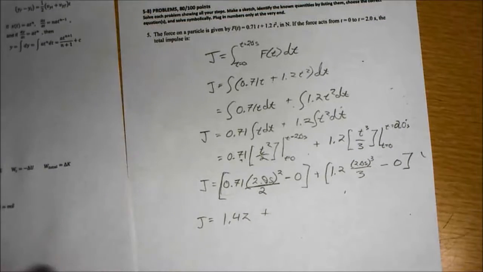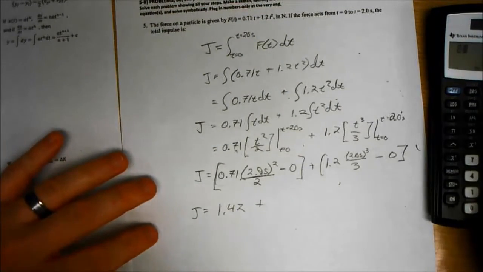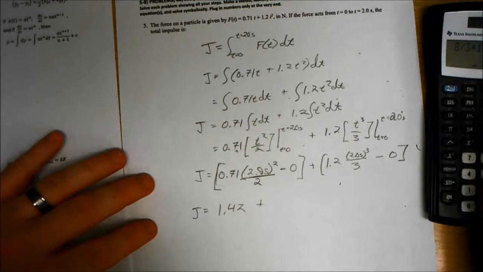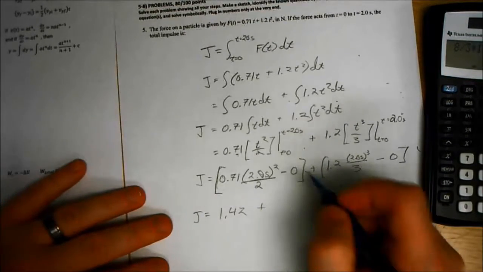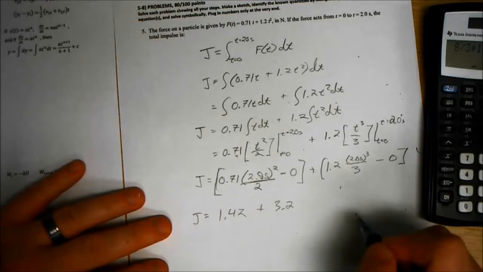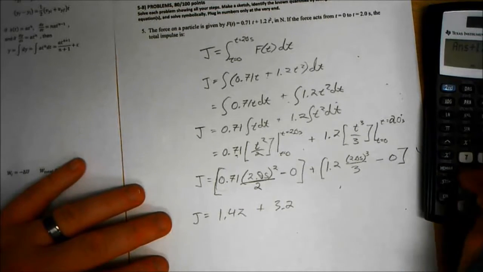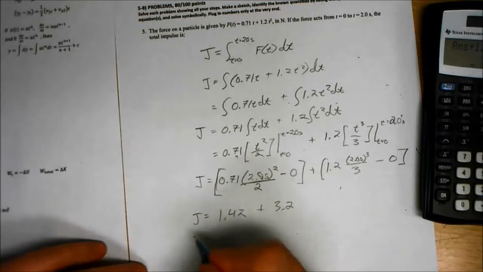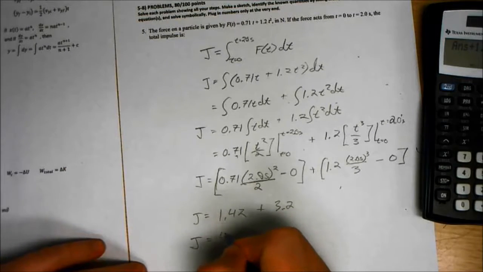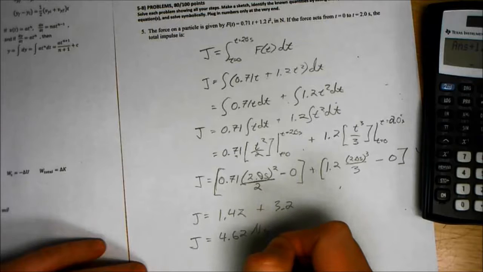I need a calculator. 2 cubed over 8, that is 8 divided by 3 times 1.2, so that's 3.2, plus 1.42 equals 4.62 newton seconds